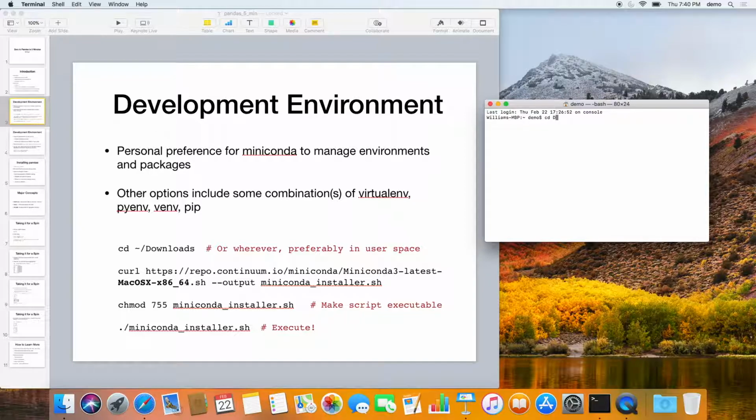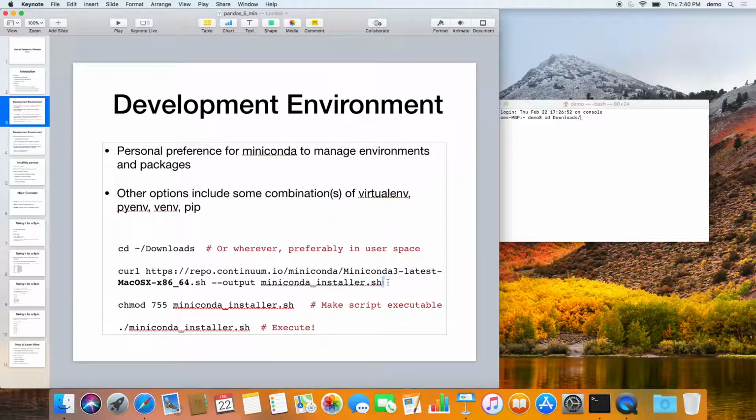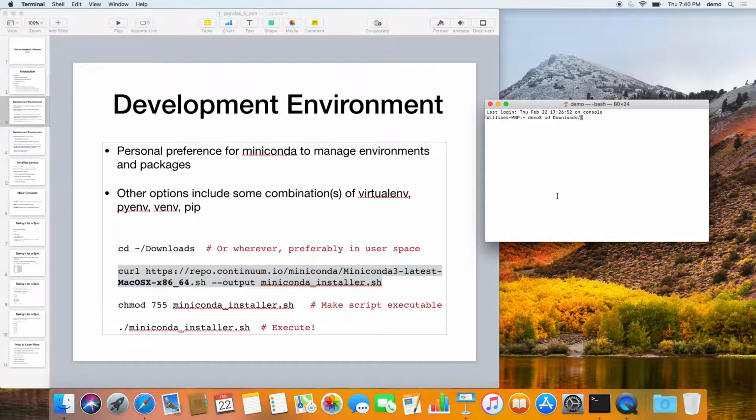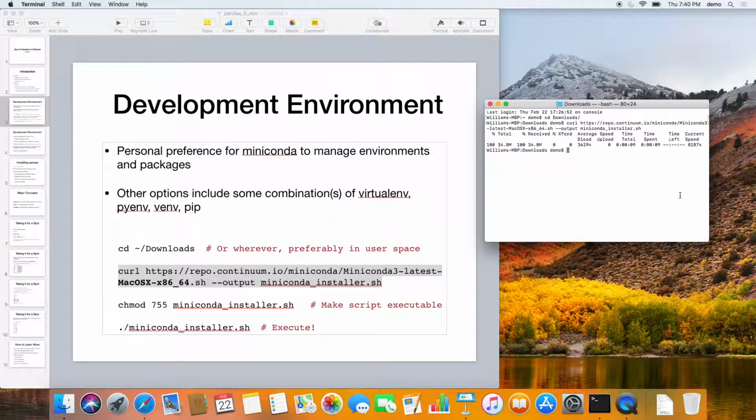I put the code here in the slides, and we can send these out afterwards. Basically, simple Unix stuff right here. All we're going to do is go to the downloads. I'm going to download the file that we need to install. I have it in bold there. You can see this is for Mac OS X, so if you're using Linux or a different architecture, you should change that. But we have that downloaded